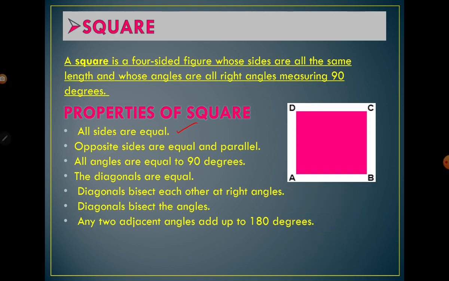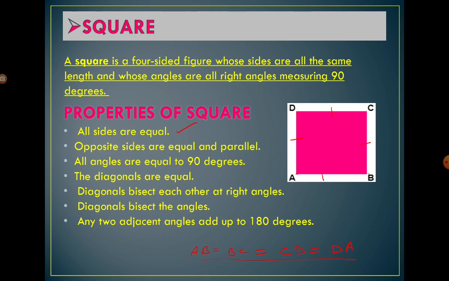Opposite sides. Like I have this square ABCD, in which I have four sides AB, BC, CD and DA. And the condition is all sides should be the same. All sides should be equal. Side AB should be equal to side BC, equal to side CD, equal to side AD. We can say that AB equals BC equals CD equals DA. Meaning what? All sides are equal. So that quadrilateral will be a square if all the sides are equal.